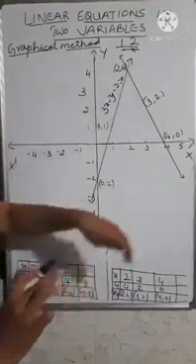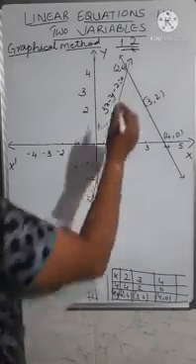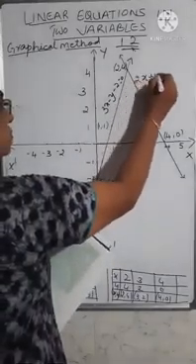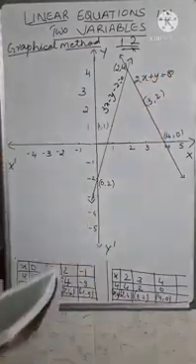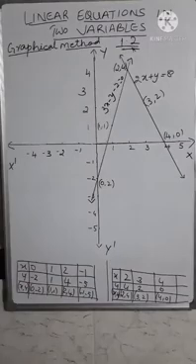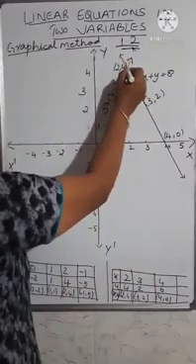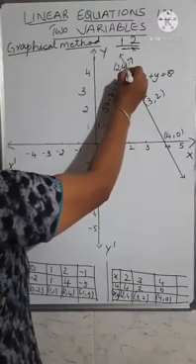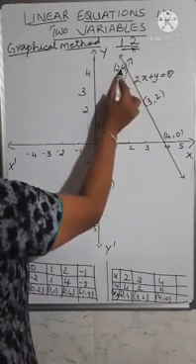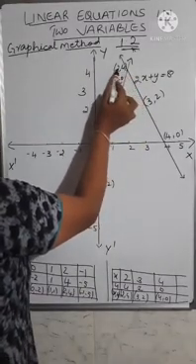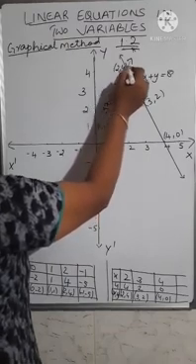After you draw the straight line, for the second line also you write its equation. The equation was 2x plus y is equal to 8. So this was the equation of the second one. Write the equation here. Where the two lines are meeting, find its coordinates. You have to find the x coordinate and the y coordinate. It is already pointed here, it is 2 and 4. So x value will be equal to 2 and y value will be equal to 4. This is how you find the solution.